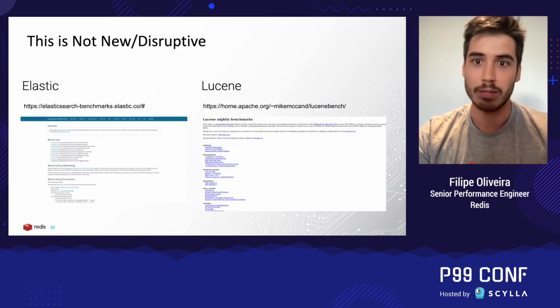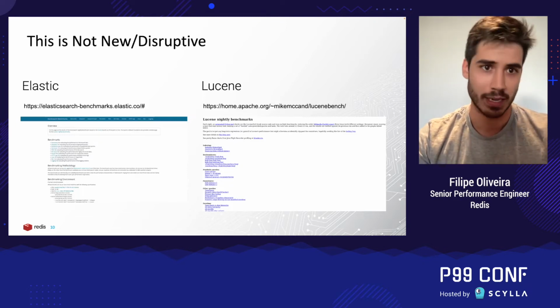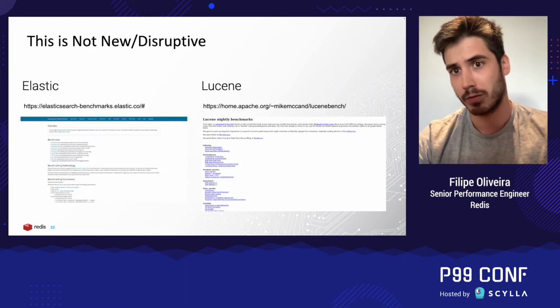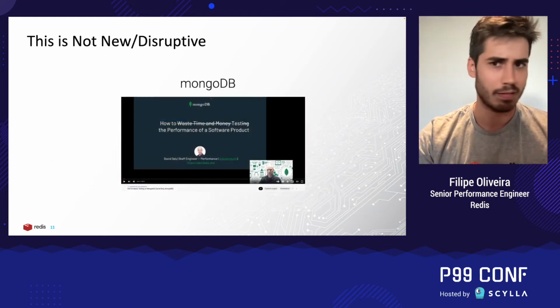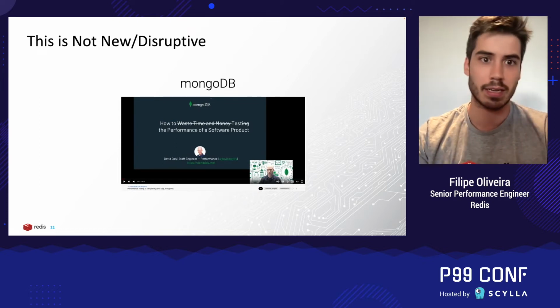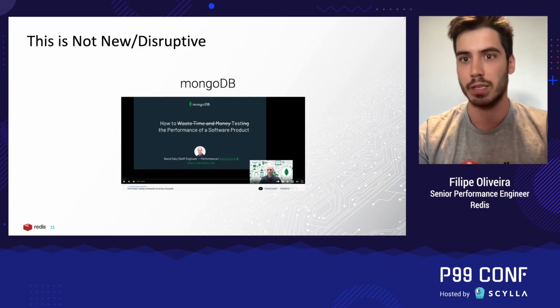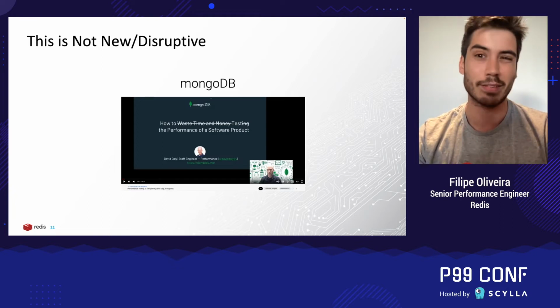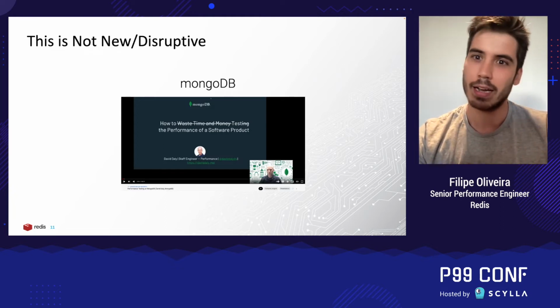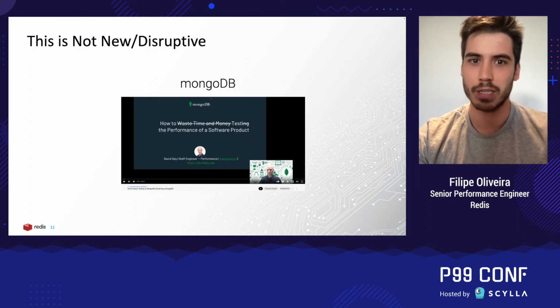To give you a few examples in the database world, we have Elastic, which shares publicly the results and the evolution of performance of their product over time. We've seen the same with Mongo. Each one of them has different approaches and different maturities in several areas of performance. I would say that they are all doing a good job,